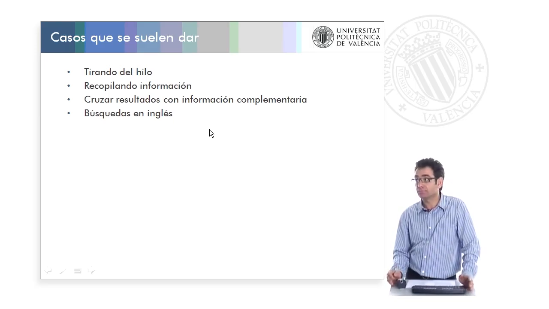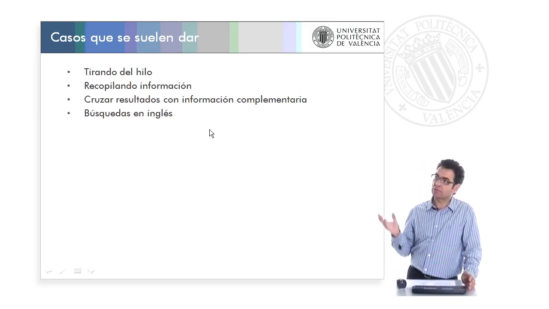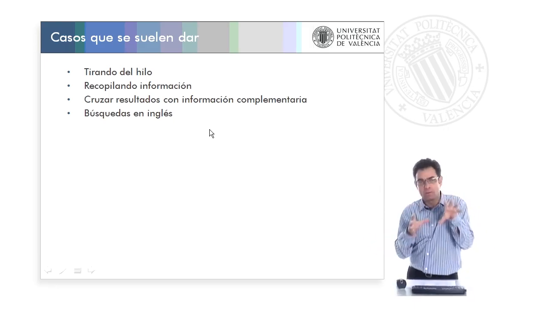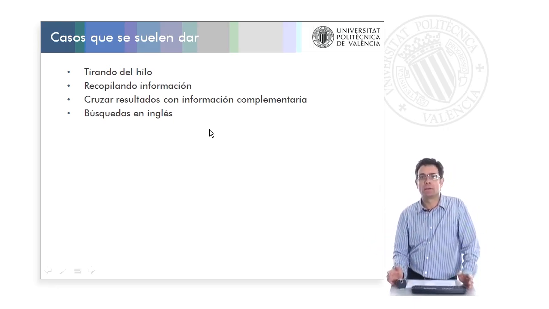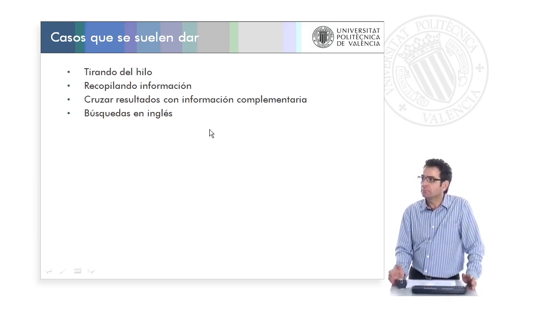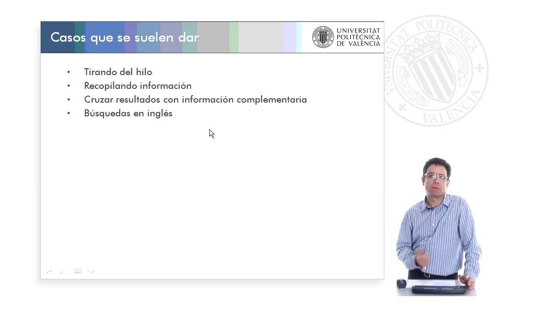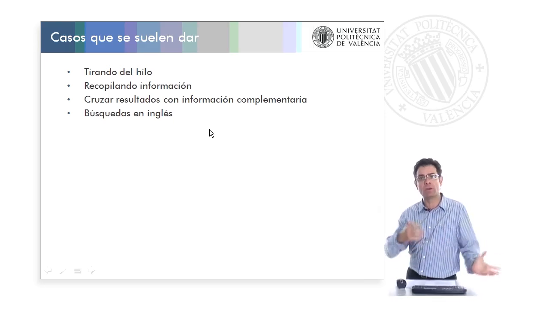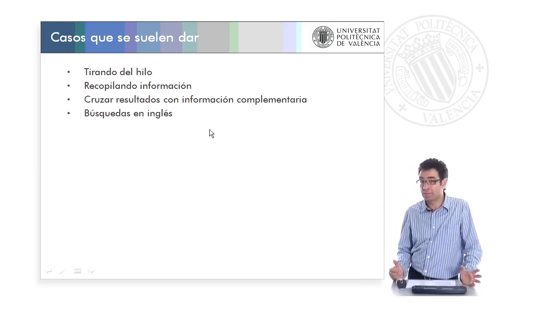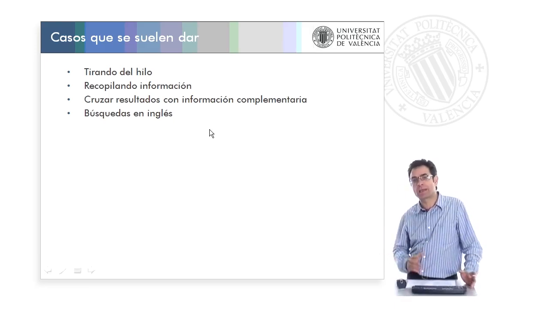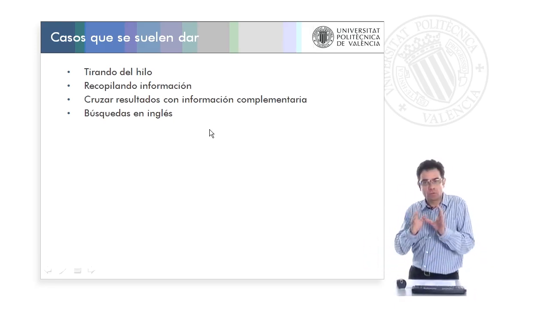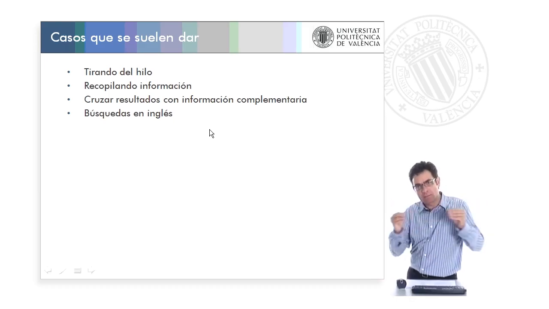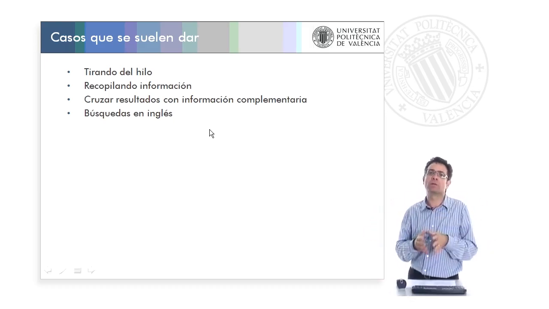On many occasions, we will also need to cross-check results with complementary information that we did not initially think we needed. For example, we can cross-check with the results of an organization's website, or for example, if we think we know a person but we do not exactly remember the last name and we know his activity, but of course with the name and the activity we can really find a lot of people. However, if we know that he or she won a prize in a certain year, then we can build a more and more complex search that will refine the result until we find the exact person we were looking for.